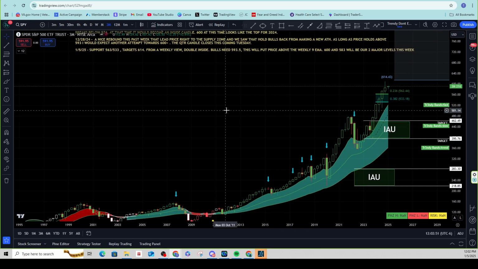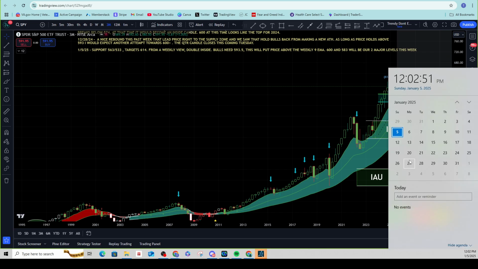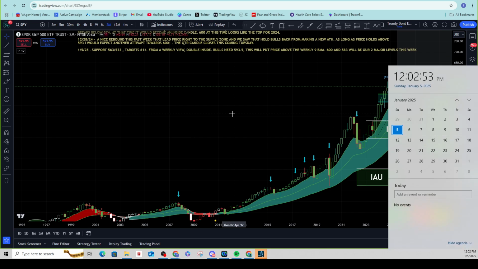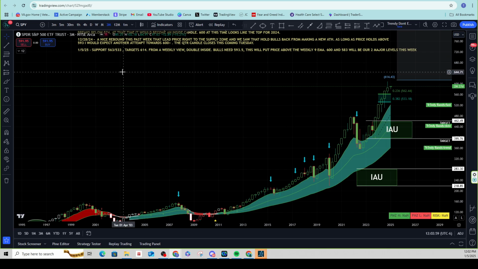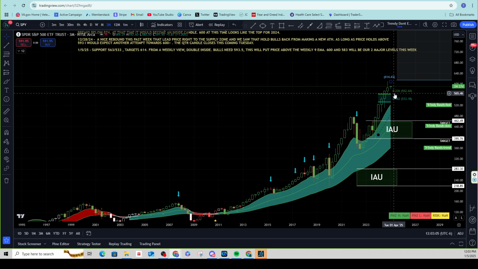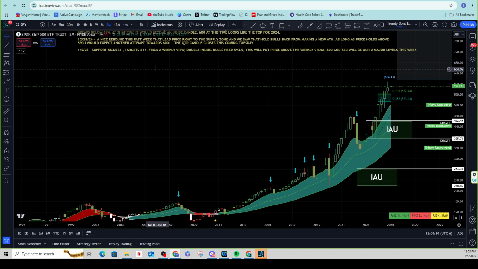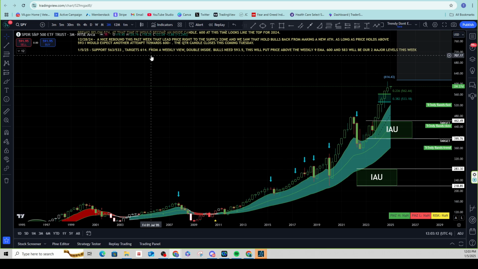As far as notes go, let's keep them simple this week for the 5th, going into the end of the week, which is going to be the 10th. Support is 563 by 533. And again, guys, this is on a quarterly. So I understand that price is really far below, but again, this is from a quarterly perspective. The targets are 614 as of right now.